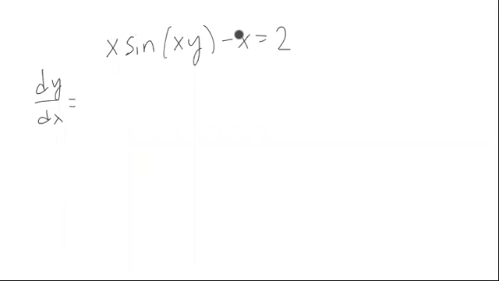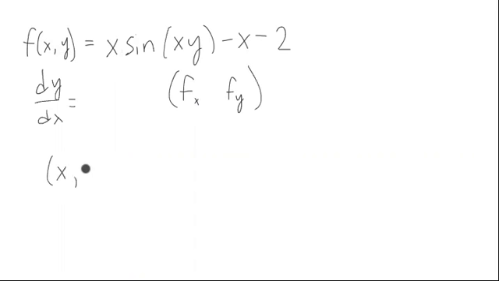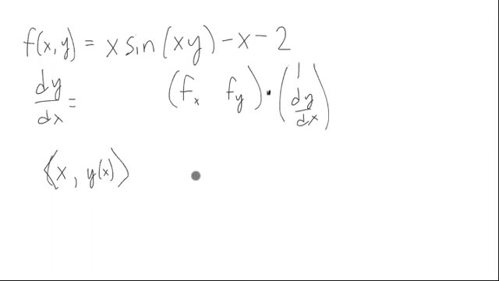So what we can do is think of this, and essentially that minus 2 didn't really matter. We have f(x, y), and so we compute fx, fy, and notice we're plugging in x and then y, which depends on x, thinking of this as a vector dependent on one thing. And so taking the derivative with respect to x would give us 1, dy/dx. Using the dot product, we get fx